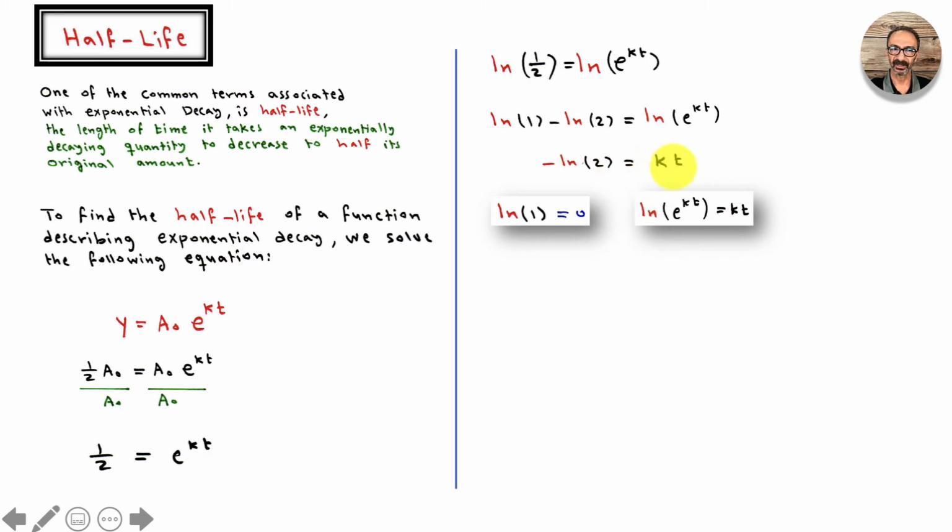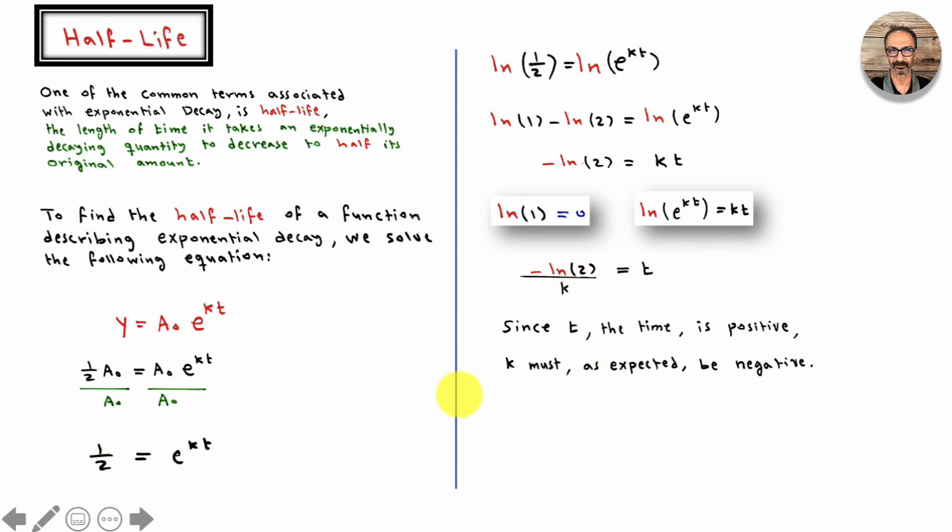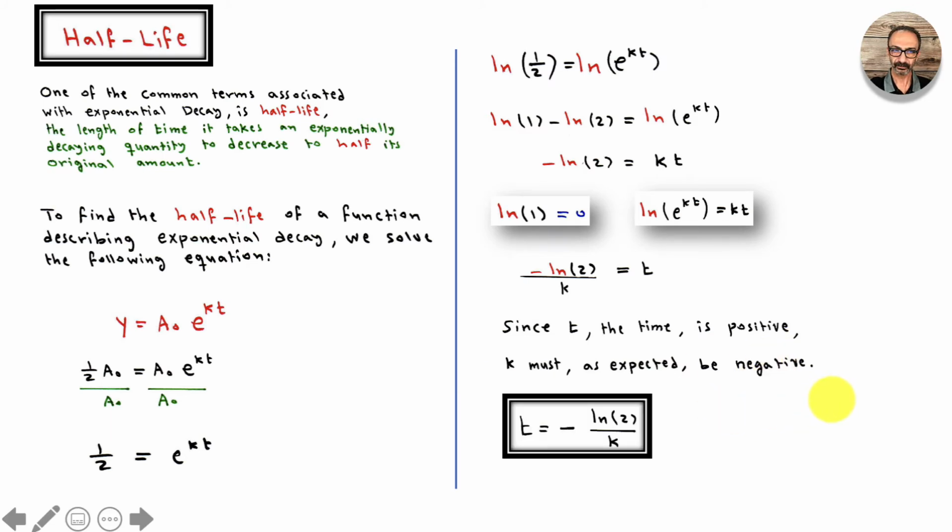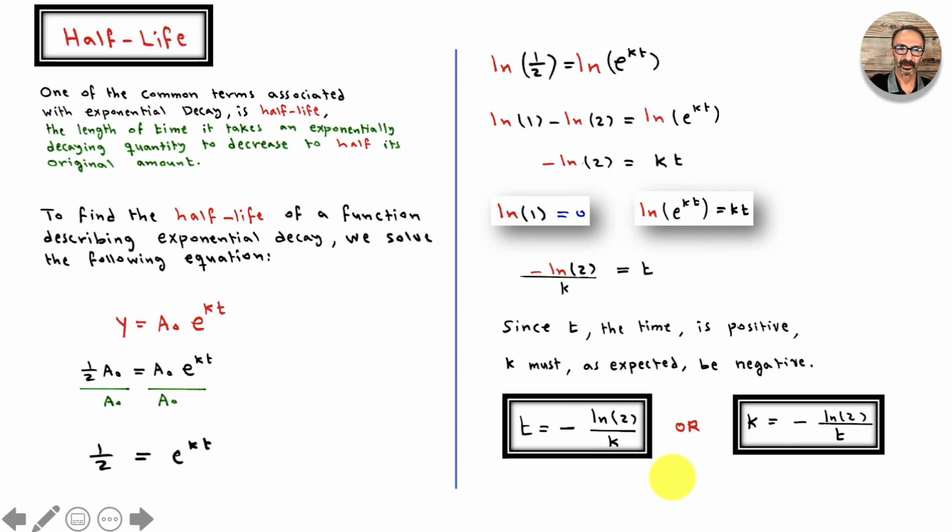To solve for t, I'm going to divide both sides by k, and I end up with this. Or differently, if you want k by itself, you switch them, solve for k, and divide by t. Either way. Since t, the time, is positive, k must be, as expected, negative. Let's take a look. This is what we expect if you solve for k. This is in general. Earlier in one of the examples, we had k equals, I believe, something like minus ln 2